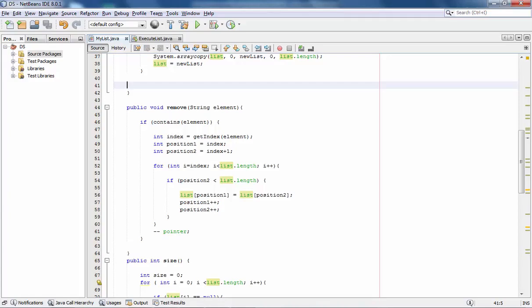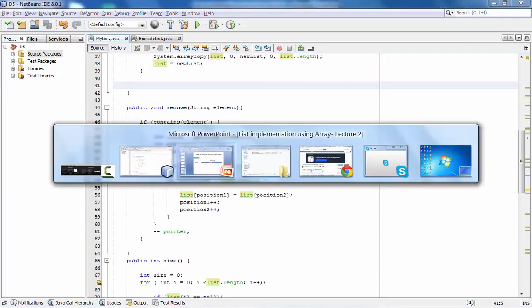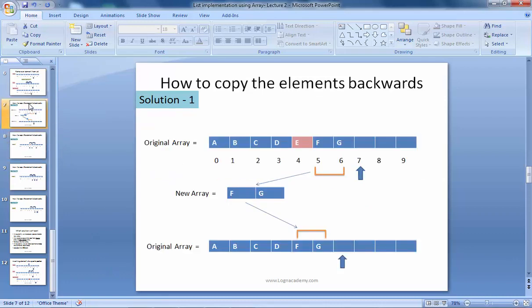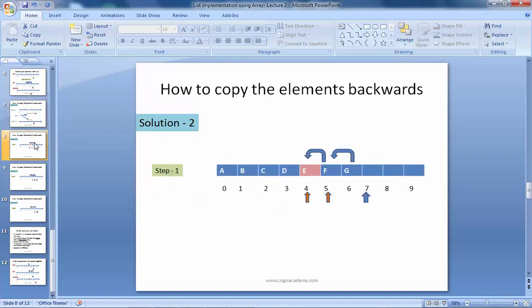Hi, in the last lecture we discussed the remove method. The remove method was responsible for removing an element from our dynamic list and also maintaining the sequence of data in our list. So we discussed two methods and two solutions for removing an item from our dynamic list. The first solution was not very efficient, so we implemented solution number 2,